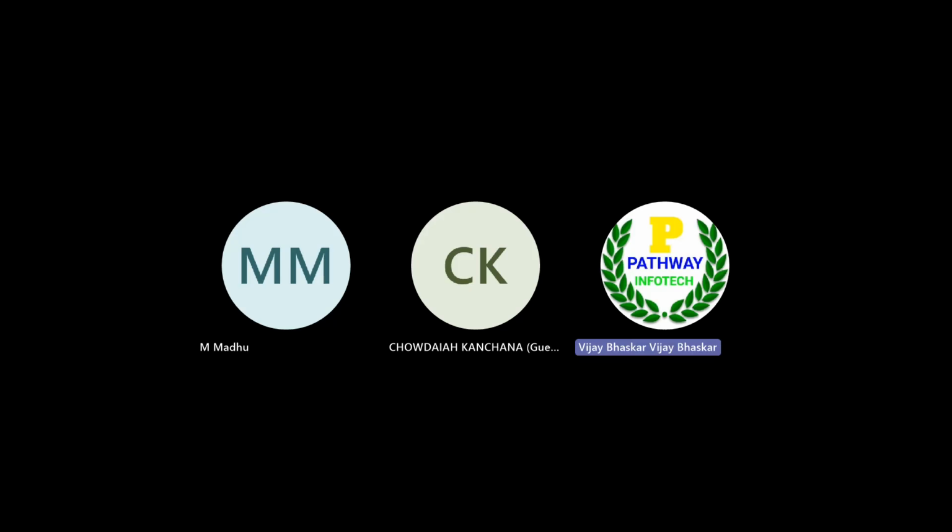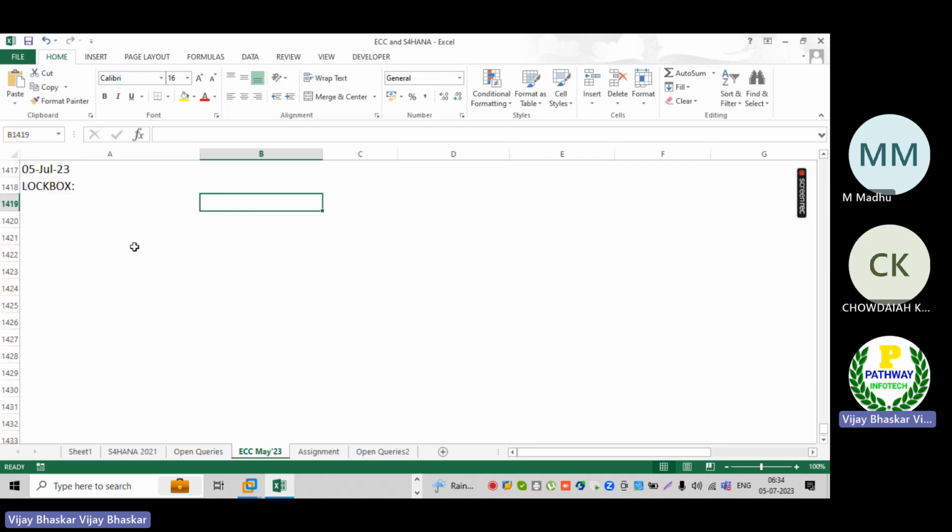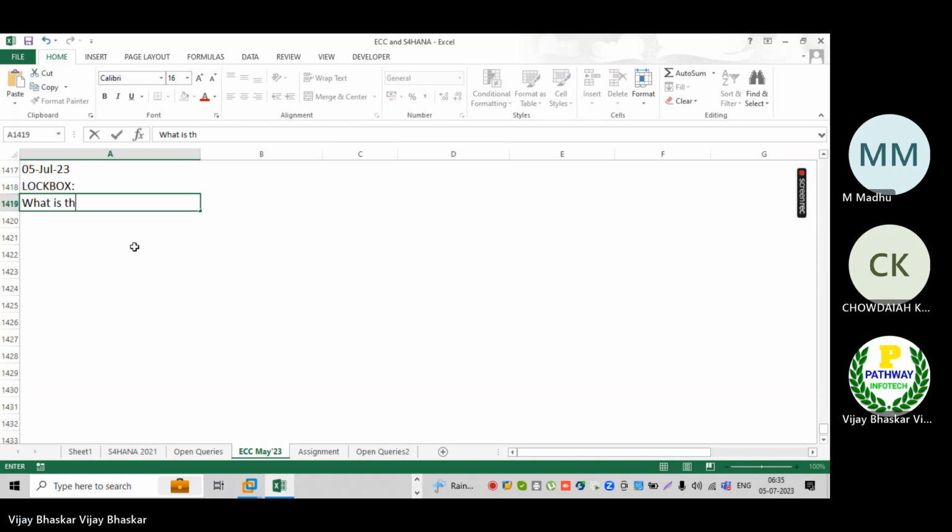I'm going to start the new topic, which is the Logbox. Okay, so now let us discuss a few things about the Logbox. First of all, what is the Logbox functionality? We'll discuss the points. I'll put it here. What is the Logbox